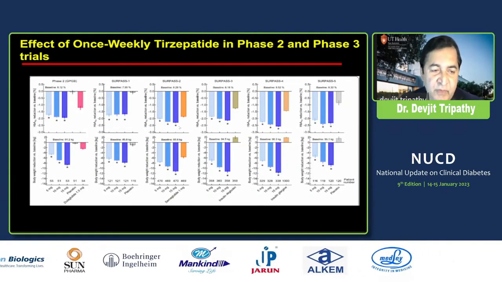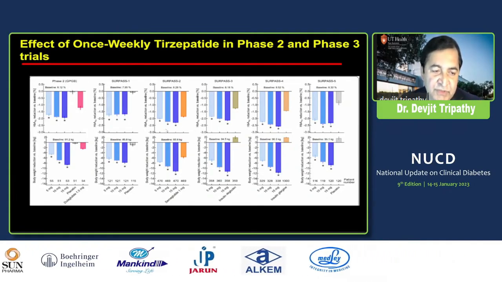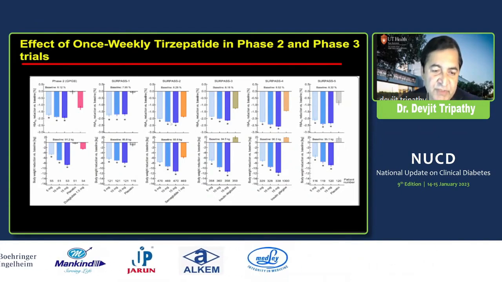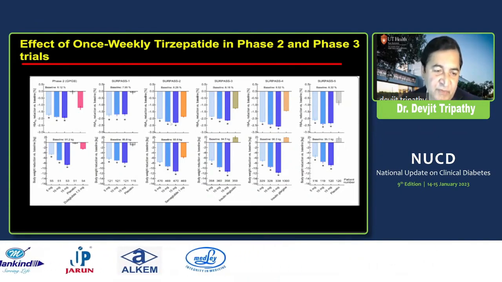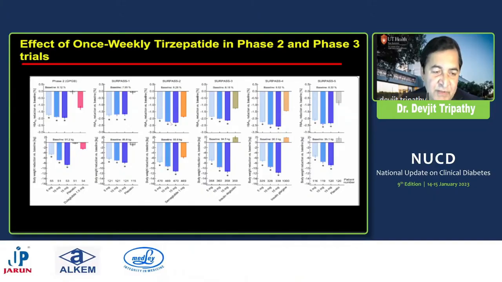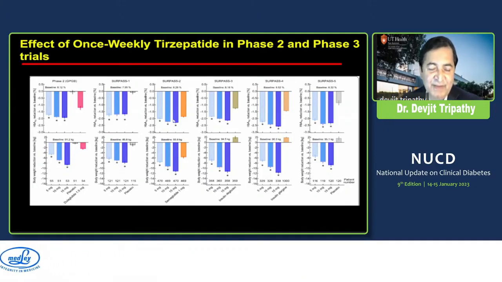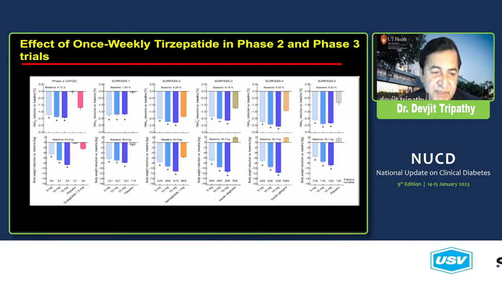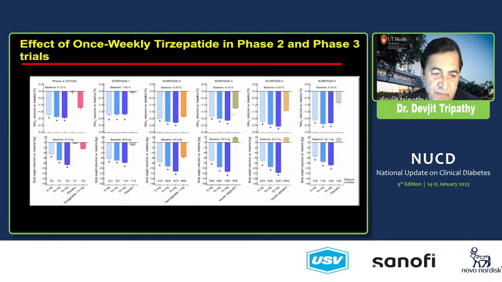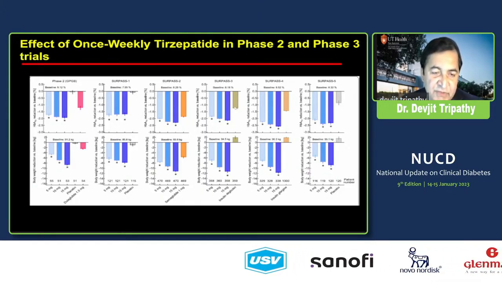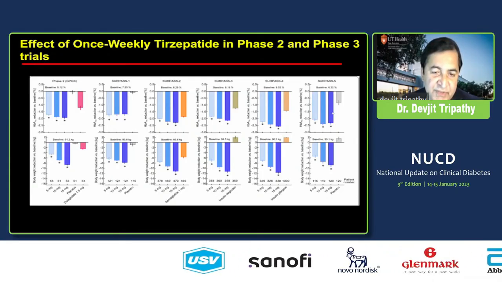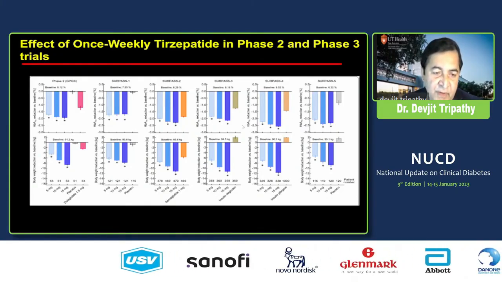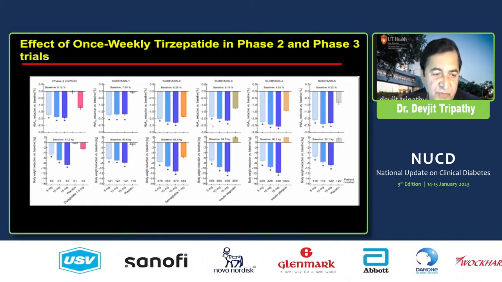Not only that, in about 40% of patients with high-dose tirzepatide, it leads to A1C lowering into the non-diabetic range, that is between 5.7 and 6.5. As we discussed a little bit earlier about metabolic memory, if you can induce euglycemia in a patient with type 2 diabetes, that will have a long-term effect in terms of reducing complications, although those data are not available yet. And it is more effective than in patients on insulin. This is insulin degludec, and this is insulin glargine. So consistently shown A1C lowering of 2 to 2.4%.